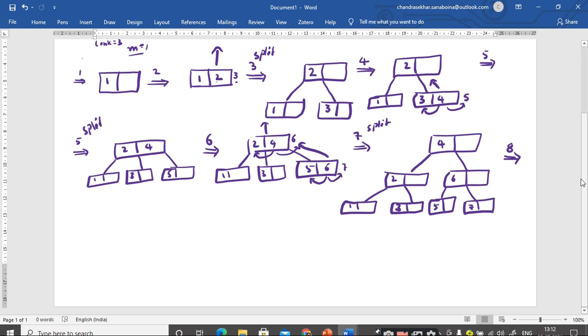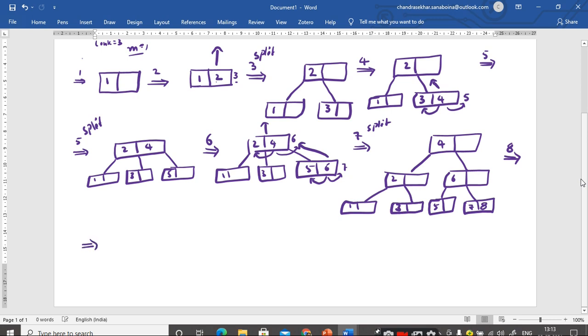Now tell me, the next element, where should I insert 8? Next to 7, sir. So I compare this 8 with the root node. It is greater, therefore go to the right child. 6 compared with 8, it is greater, therefore you go to the right child. 6 compared with 7, there is a vacancy here, therefore I should place 8 here. Am I right or not?